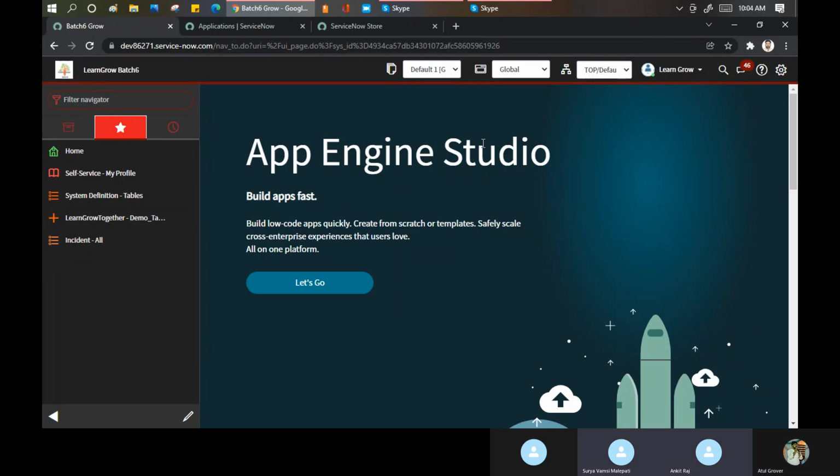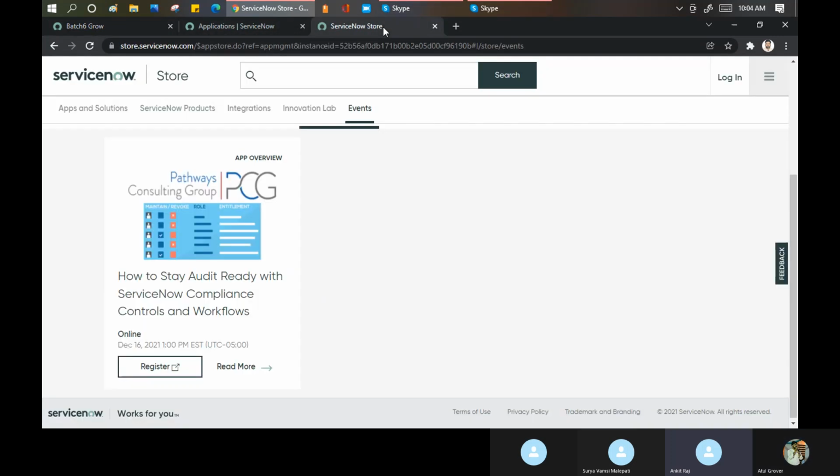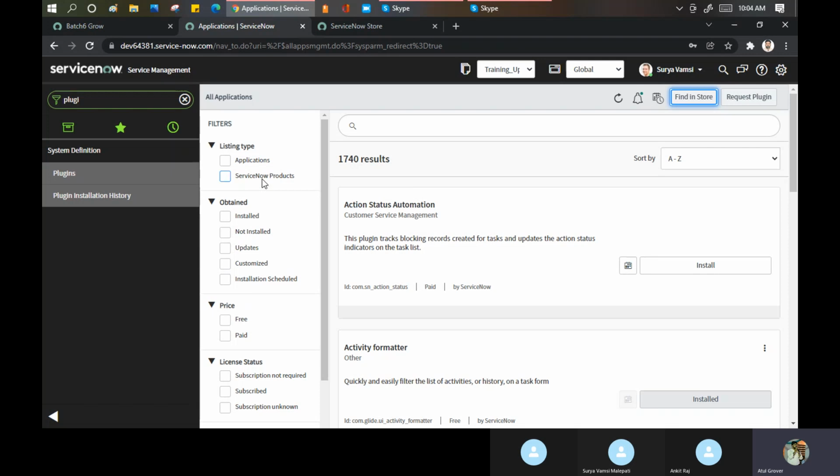बताइए. One doubt, plugins are mostly क्या plugins आपको instance पे दिखते हैं, right? Whatever you install, you get the data right from that plugin to your data, and you can search it on Filter Navigator. Yes. Store पे जाके अगर कुछ install करते हैं तो वो कैसे दिखेगा? See, you are just downloading it on store. At last, it will install in your instance only. वो यहाँ पे दिखेगा आपको plugin history में दिख जाएगा. अच्छा. That is the thing.